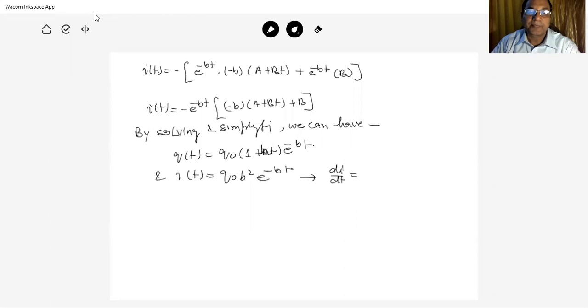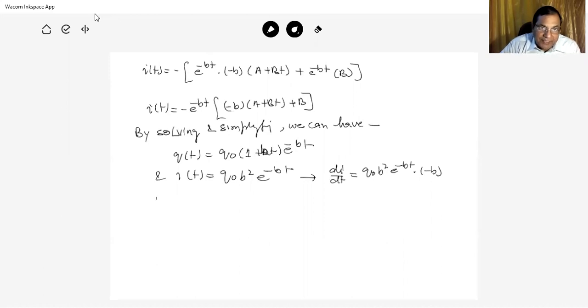This is Q0 b square e raised to the power minus bt into minus b. This is minus b. And if you put this is equal to 0,